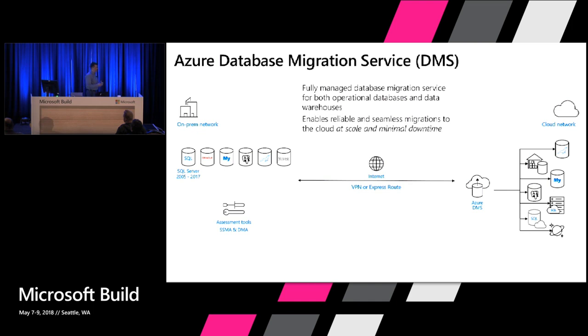What does it mean? Basically, it encapsulates all of the migration logic for you, regardless of which source and destination you are using. And then basically with the minimal downtime, it allows you to control the failover point in time when you stop running your application in one environment, let's say on-premise or in the virtual machine, and you start running that application against the database that is hosted in managed instance. With the DMS, it will be possible to achieve really minimal downtimes, less than a few minutes.